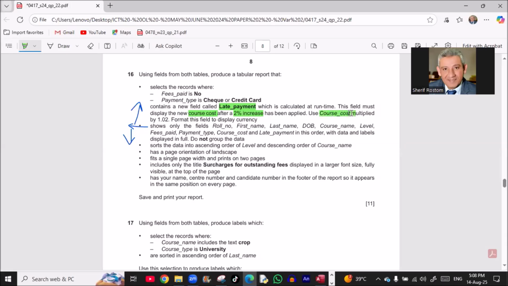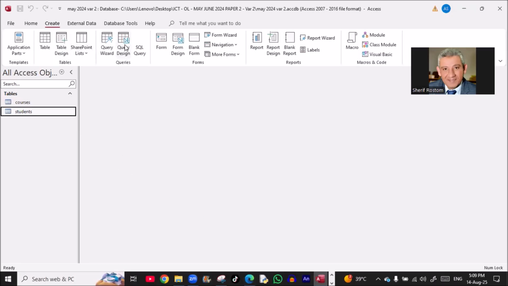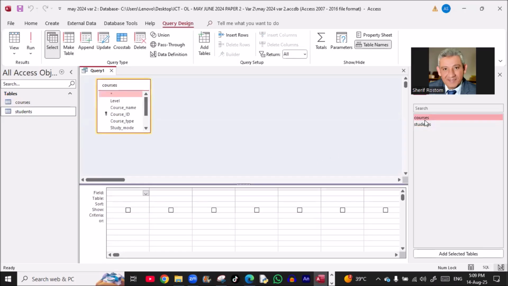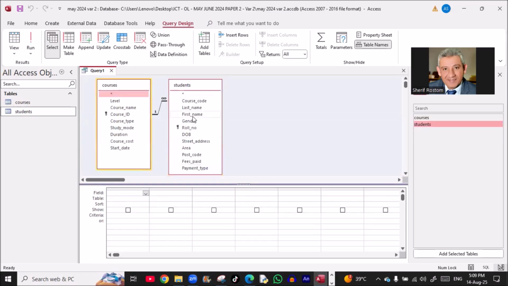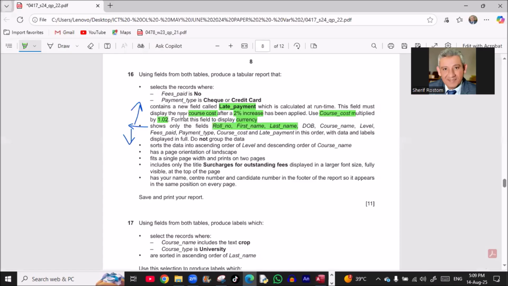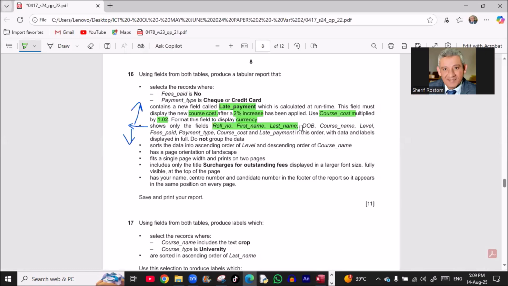So use course cost multiplied by 1.02. Format this field to display as a currency. Okay. Show the fields roll number, first name, last name. Okay, we'll go to create a new query. Let's go to the query design and we'll select both tables. Now we need to select the fields roll number, first name, last name. So for roll number, I just double click the field, first name, last name, and then date of birth, course name,